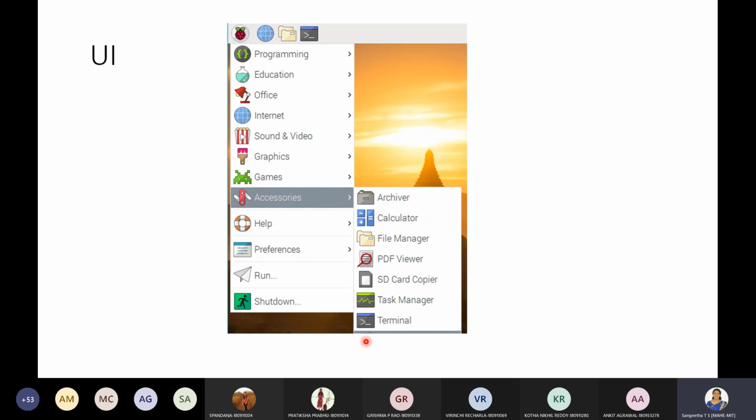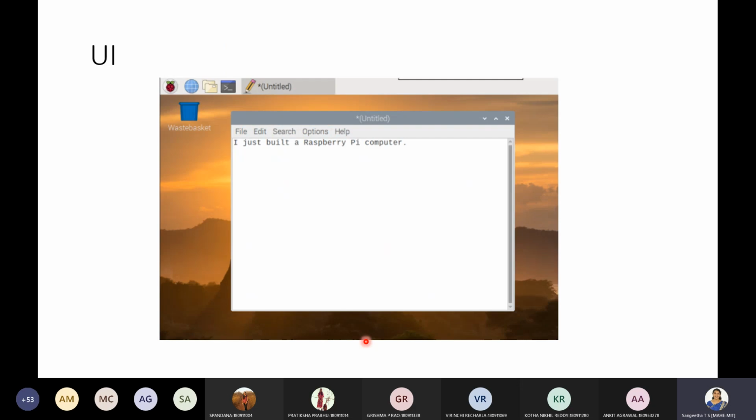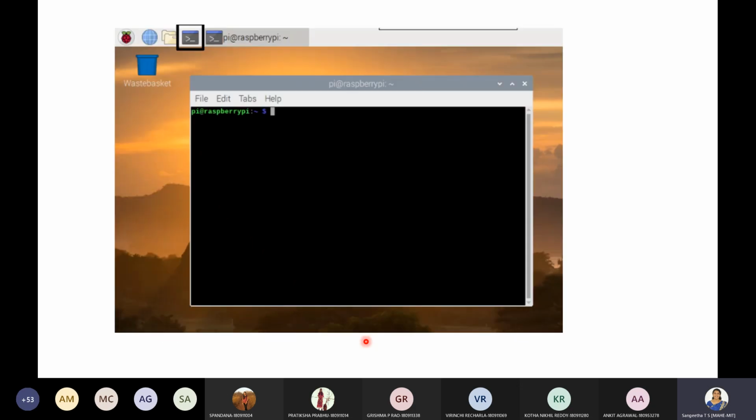This terminal, as you know, is very important and useful, where you can work with the terminal system, or you can interact with the file system of the operating system.